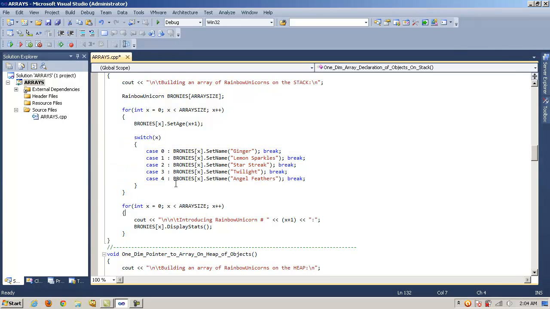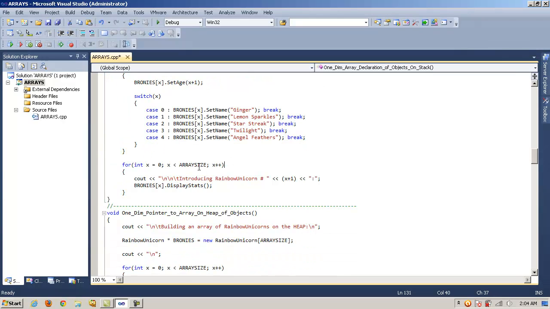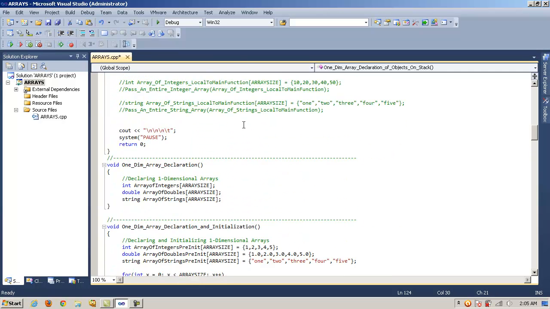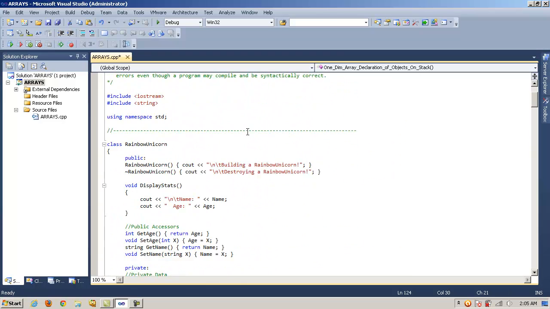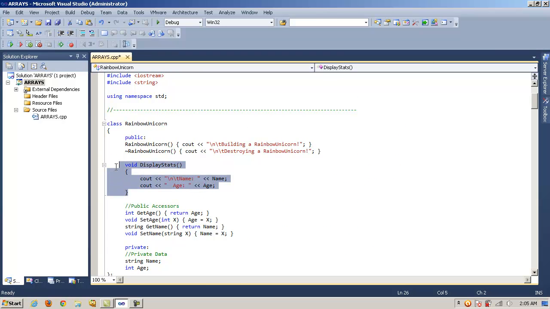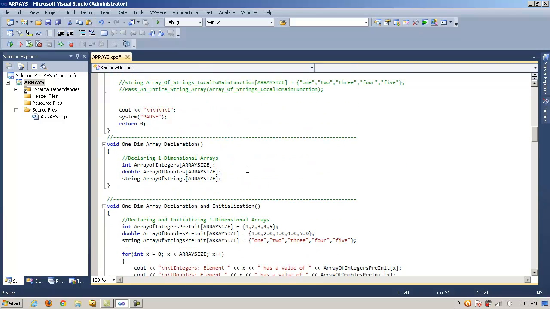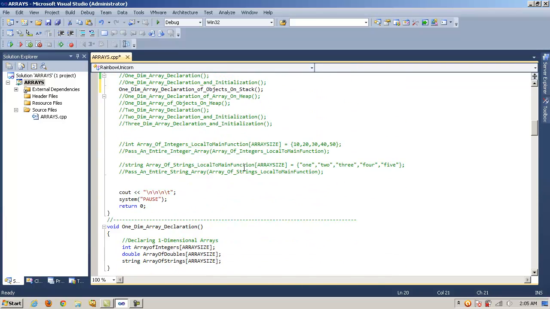And then finally, when we get down here, we're going to create another for loop, and just to display them, introducing Rainbow Unicorn number, and we're going to call displayStats. And remember up here that in our Rainbow Unicorn class, displayStats will take care of showing the name and the age of our Rainbow Unicorn. Okay, so